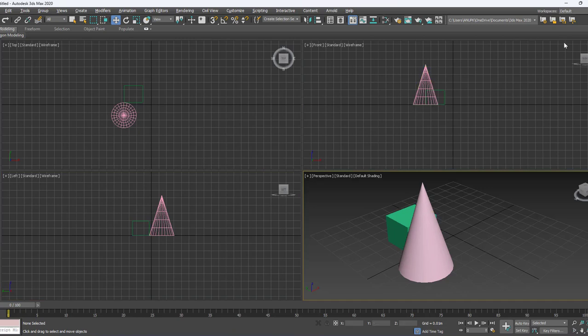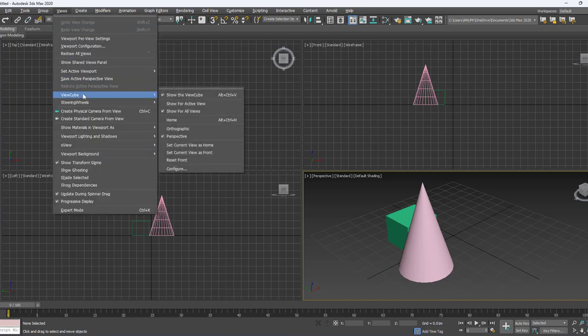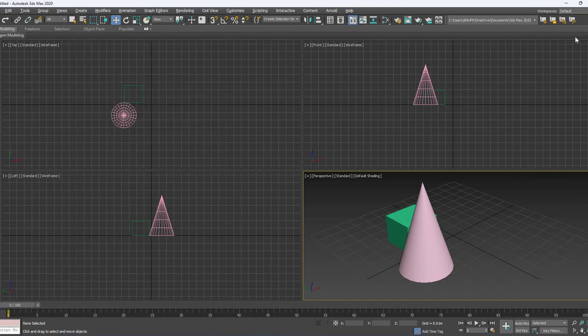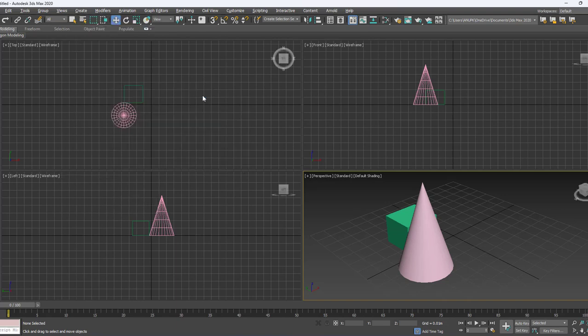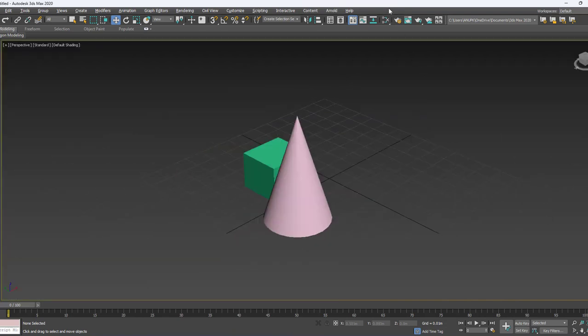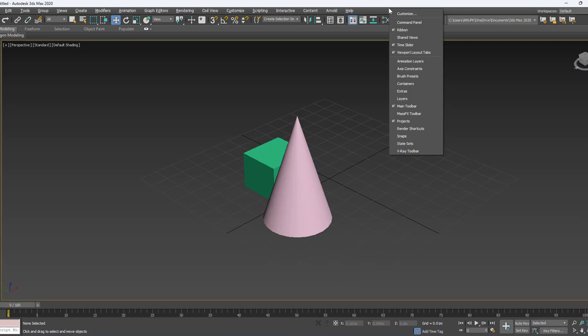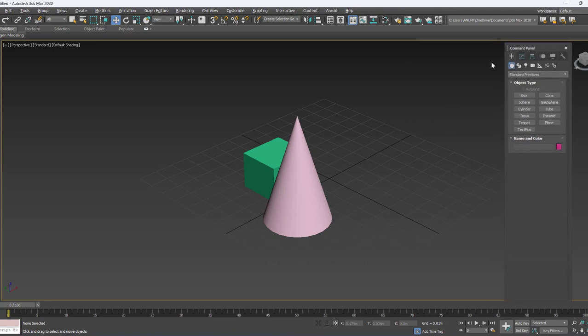And then in order to turn the view cube on and off, you go to the view option. Here we have the view cube. Show the view cube, turn it off, then you lose it. Again go to the views, view cube and show the view cube. This is how you can show the view cube again. Now I want to show the panel. For that, right click over the empty space and then get the command panel like this and you can keep it where you want.